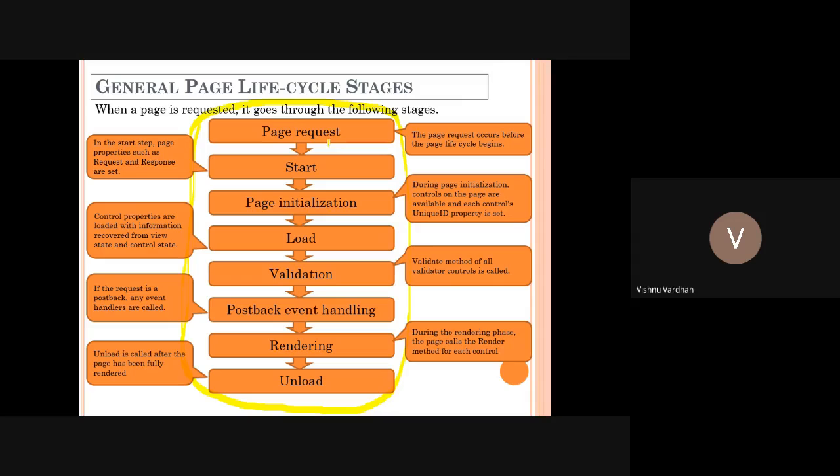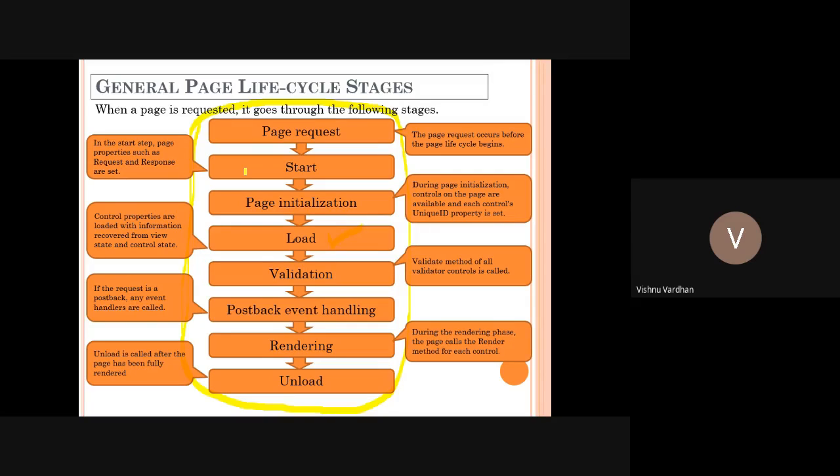Suppose this particular page is just requested, then this trigger is called. Suppose the page is perfectly loaded with all the initialization, then this particular trigger is called. All these triggering mechanisms are given in the format of functions, which are called page events.